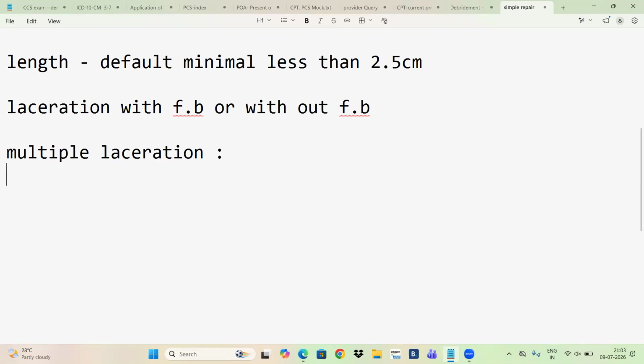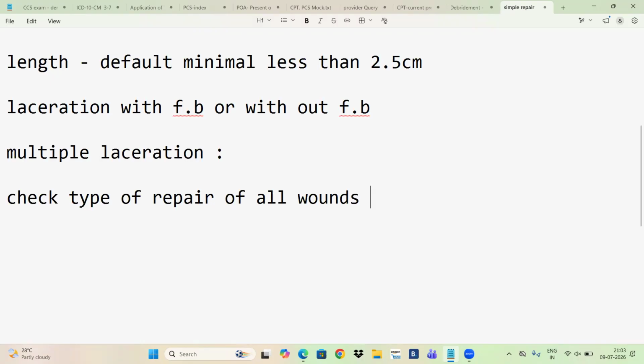Neck. Now, check the type of repair of both wounds, all wounds. If they are different types, code first complex,